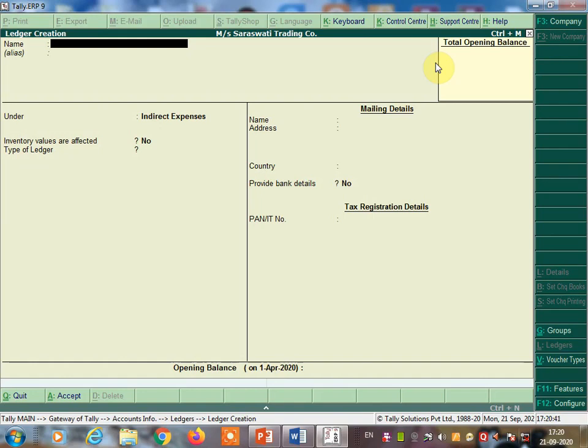Next, purchase goods from Sumit Steel Work on credit. Purchase goods from Sumit Steel Work on credit means we have purchased some goods but on credit. So it means we have not given 1 rupee to Sumit Steel Work, but we have purchased the goods on credit. So here we are going to make a purchase voucher. That's why we get two ledgers here, purchase account and Sumit Steel Work. So here, purchase account